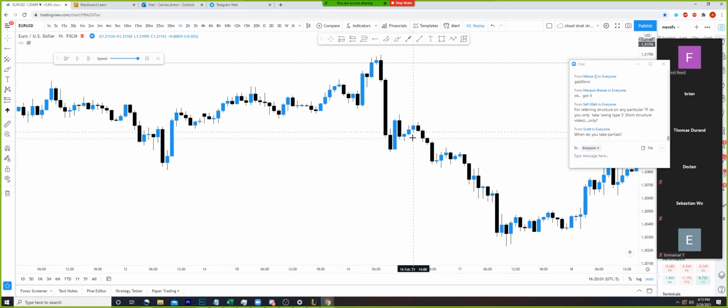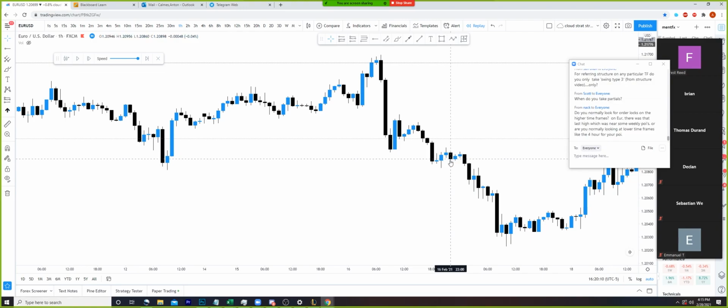Don't really tap it here. Continue lower, leaving a new supply zone and a larger supply zone by the MentFX block. Same thing, MentFX block is a large supply zone. Tapping into that, leaving a supply zone here as we trade lower, tapping into that supply zone, trading lower, leaving